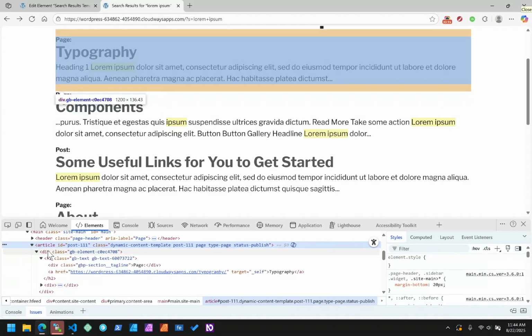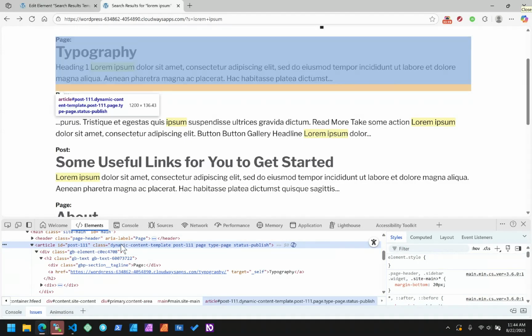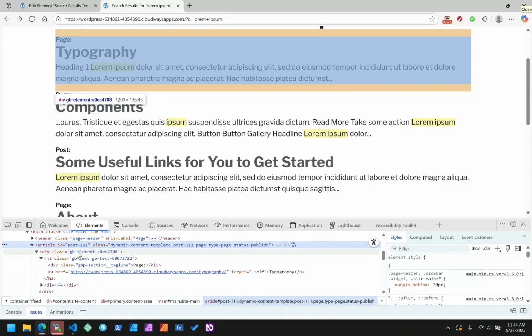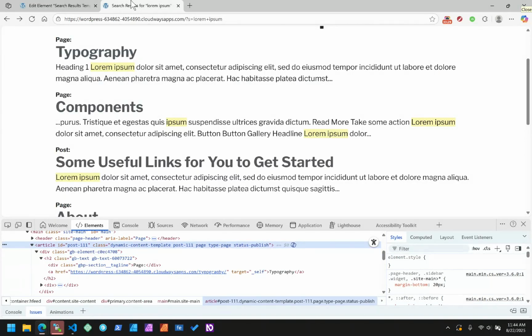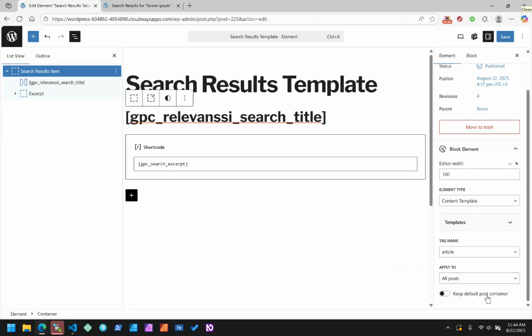Wait a minute. No. There's where it's applying it. I don't care so much that it's there, but this is the element within that. So maybe I do want, wait, keep default post container. What if I,